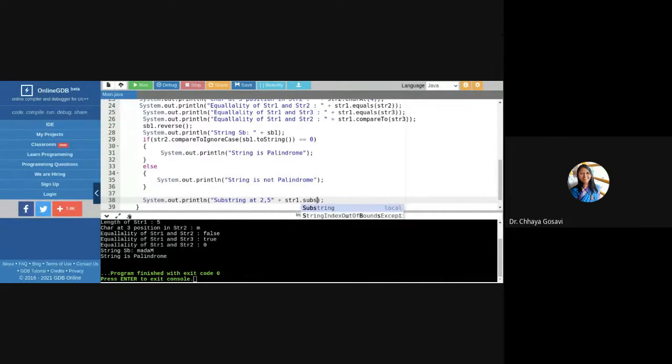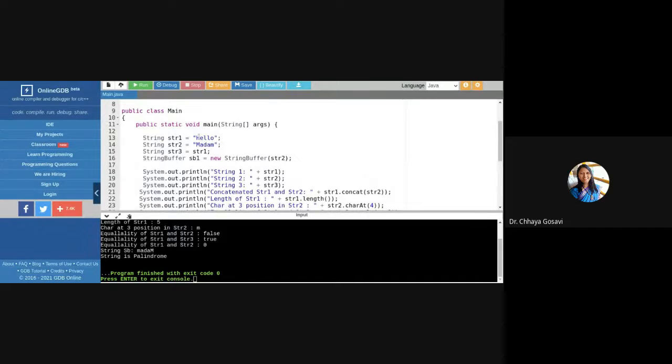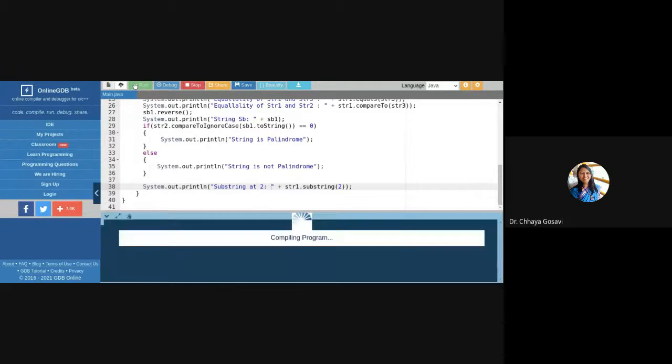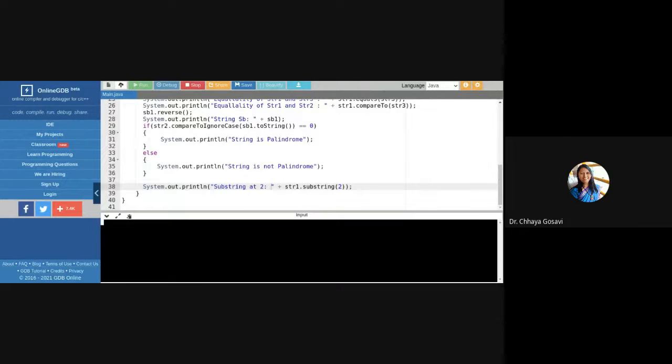If it is a function, it should start with a small-case s, substring, and if I just pass 2, in this case 0, 1, 2, so it will print LLO. It will start from 2 and end with the end of the string. So it will print LLO.